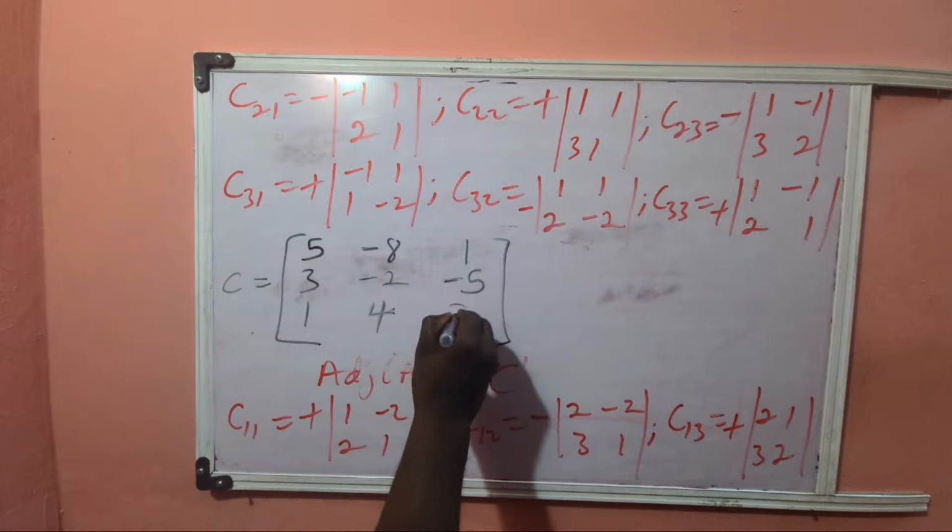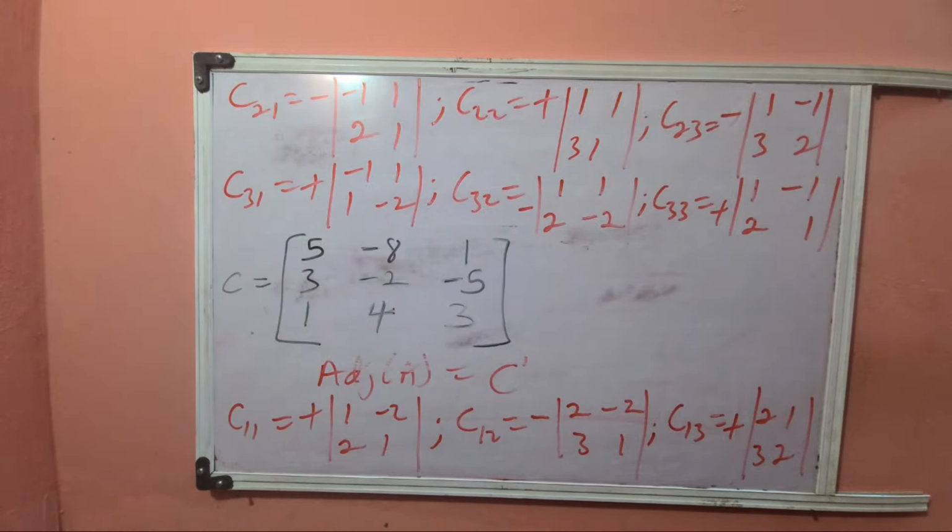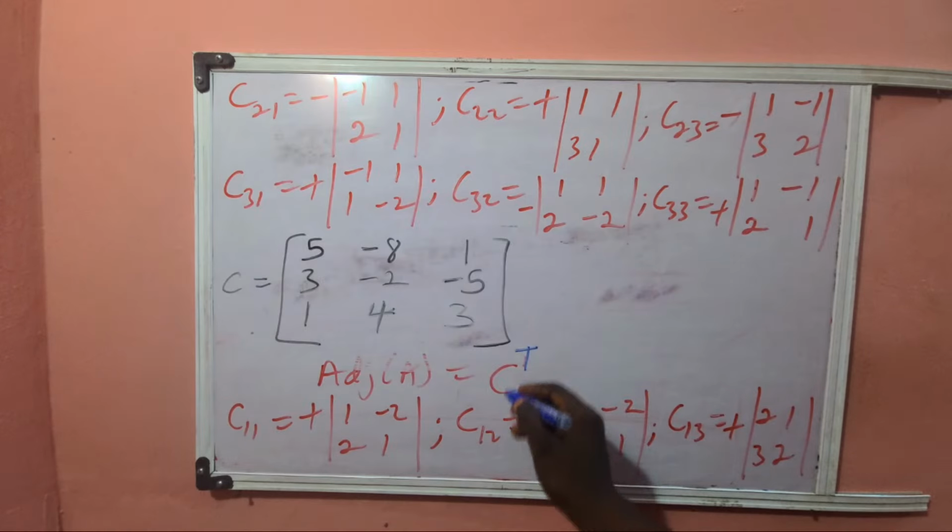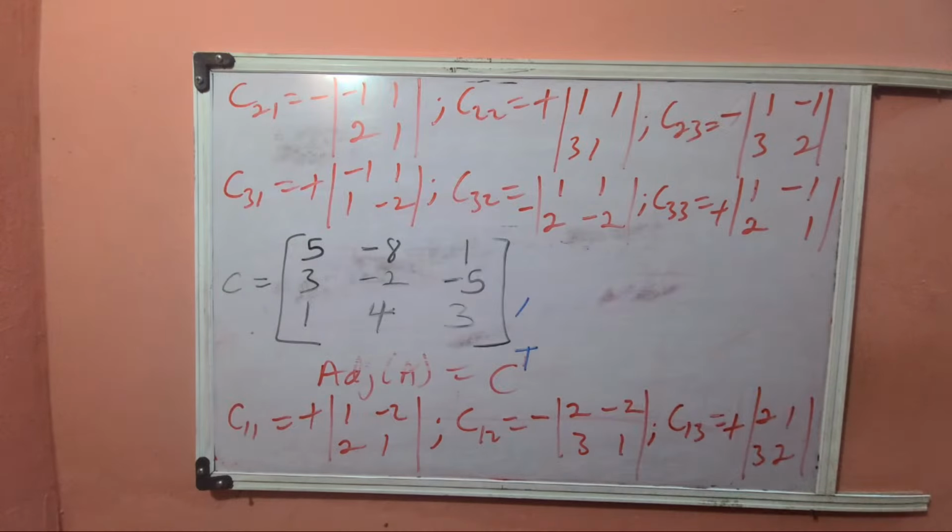This is what we have as a cofactor matrix. Now, the cofactor matrix is given as this. So for us to find the adjoint, all we need to do is to transpose. Don't forget, we said the adjoint of A is the transpose